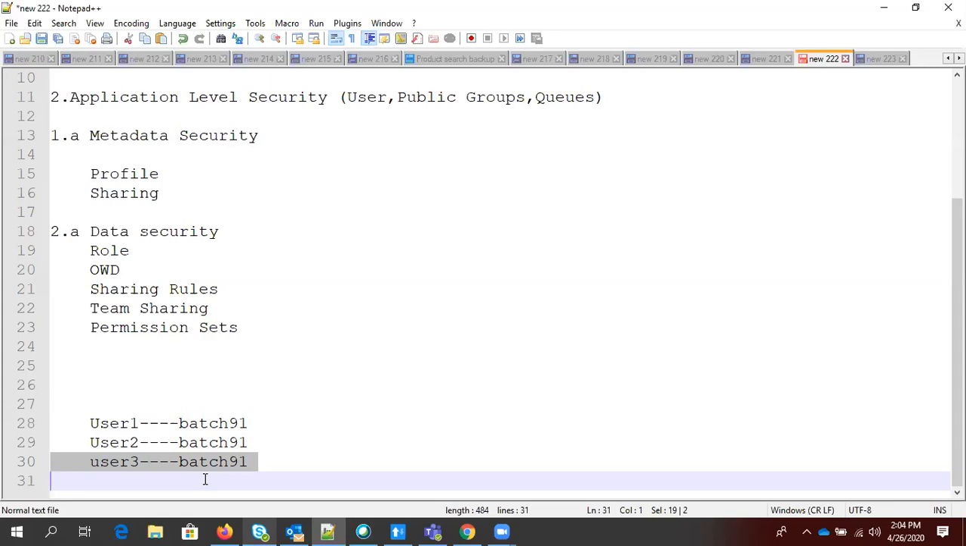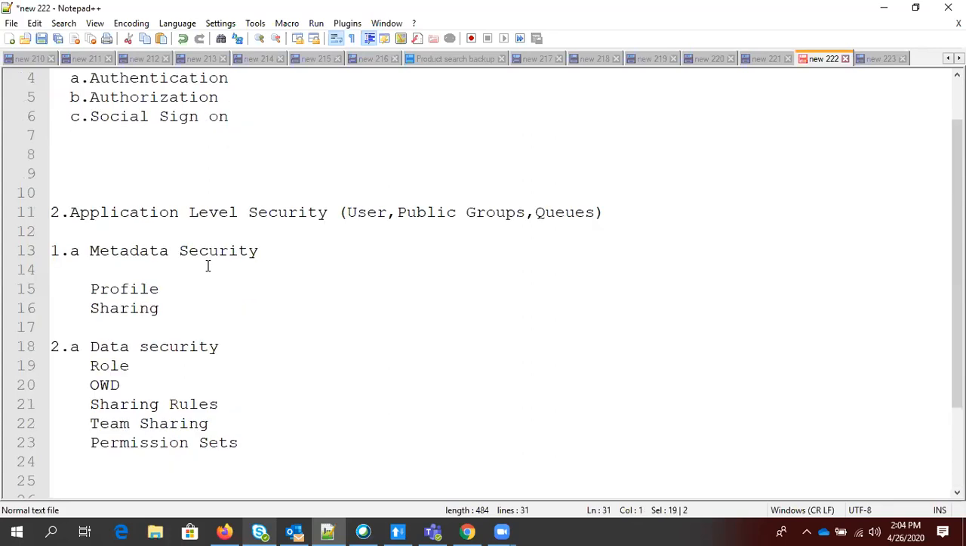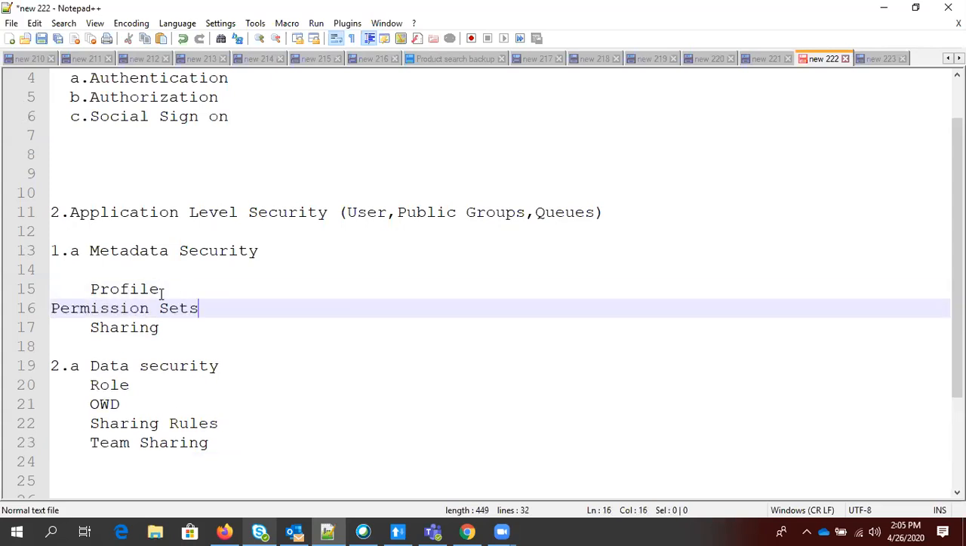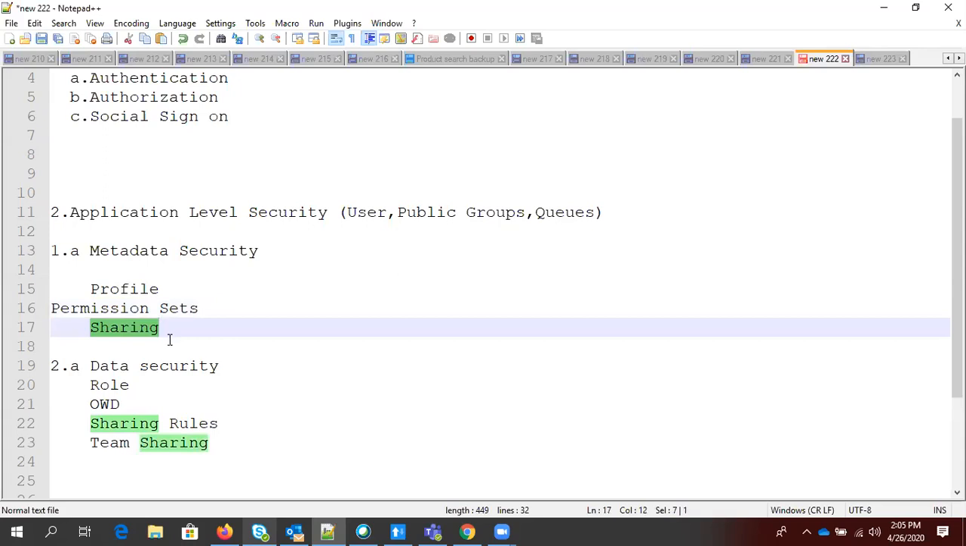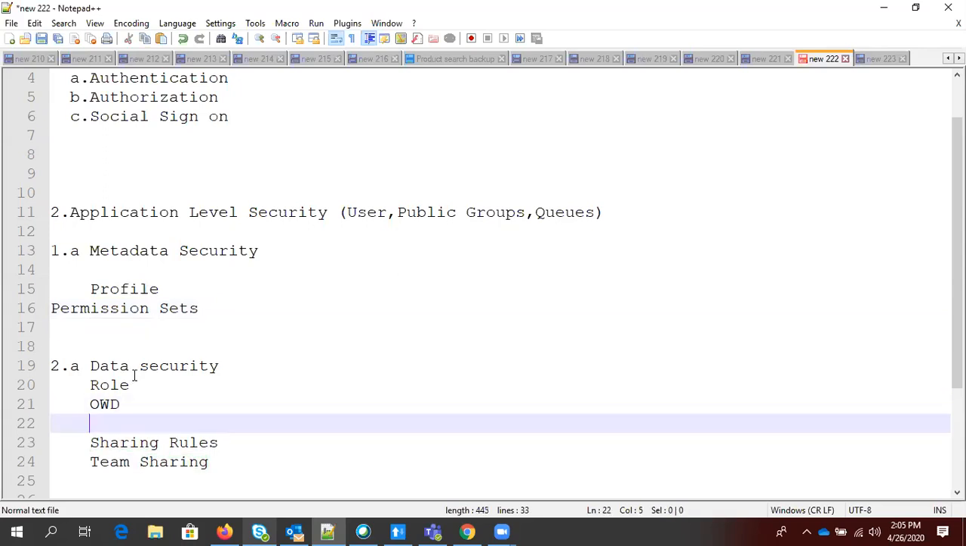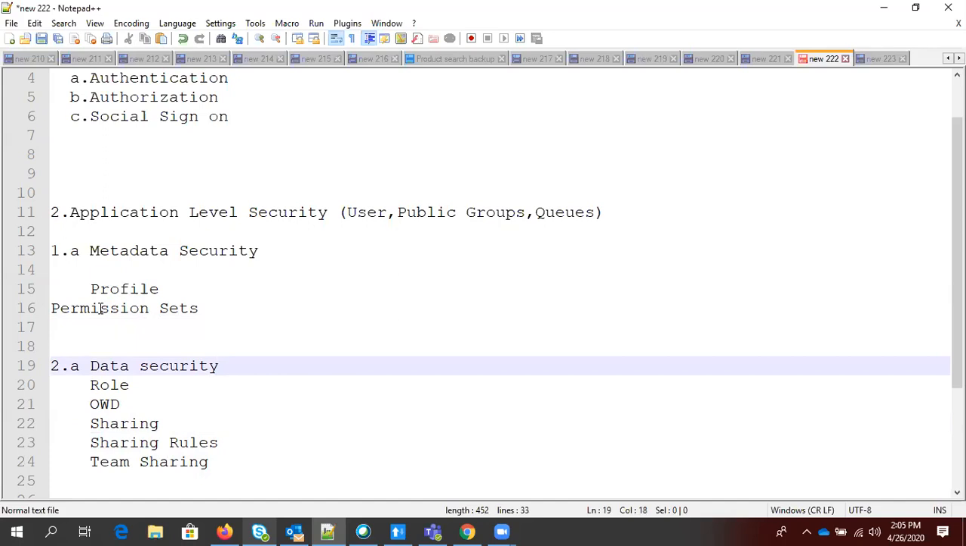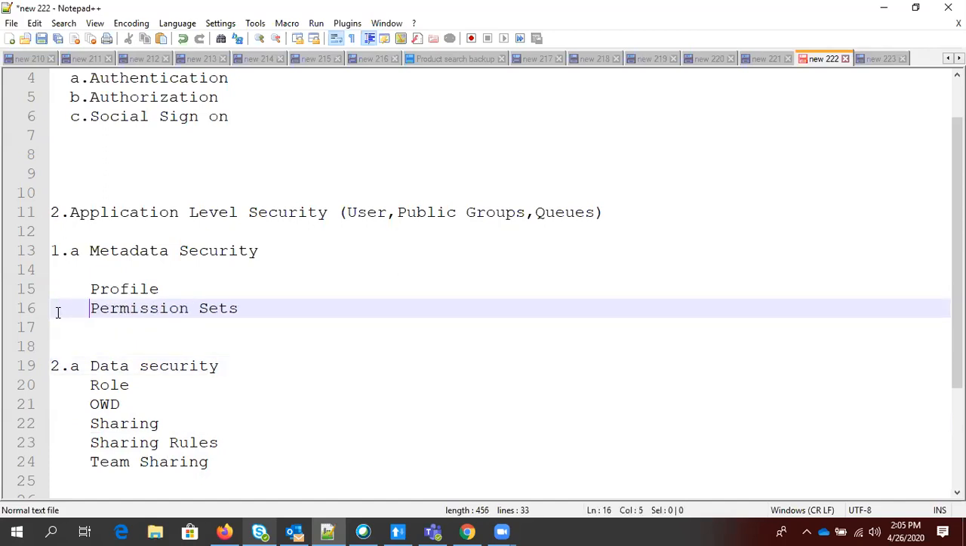So guys, we have a next topic called permission set. It was not sharing actually. It was permission set. Sorry guys, it was my mistake. Sharing is related to here, right? So permission set is basically an entity by which you can extend whatever permission is